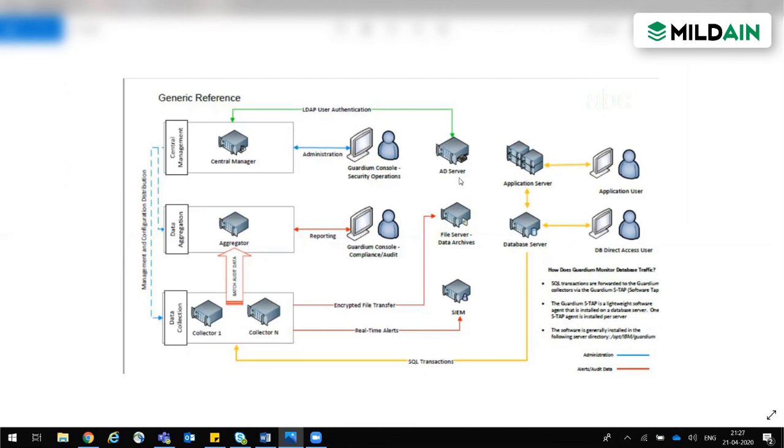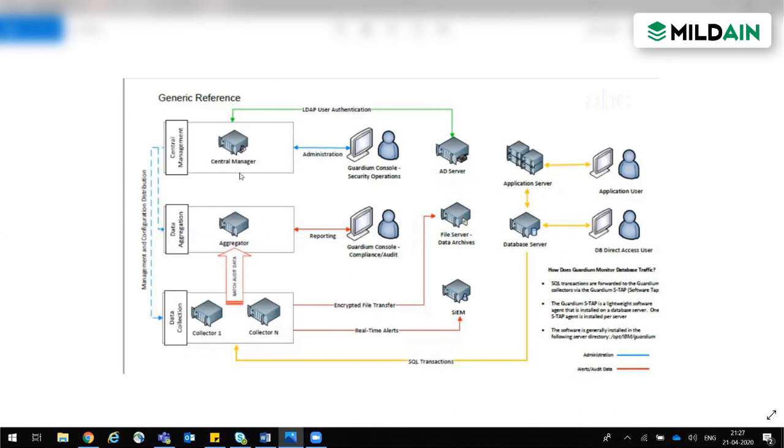So this is just an authentication mechanism. Just understand for now that this is an authentication mechanism. As you authenticate in your corporate environment with a username and password, similarly you need authentication for logging into the Guardian appliances as well.